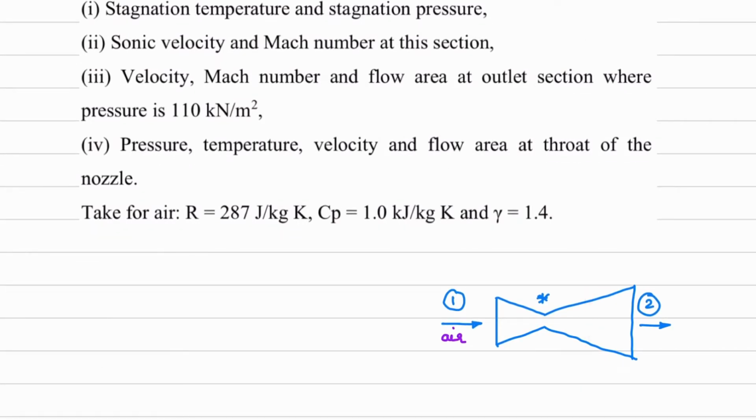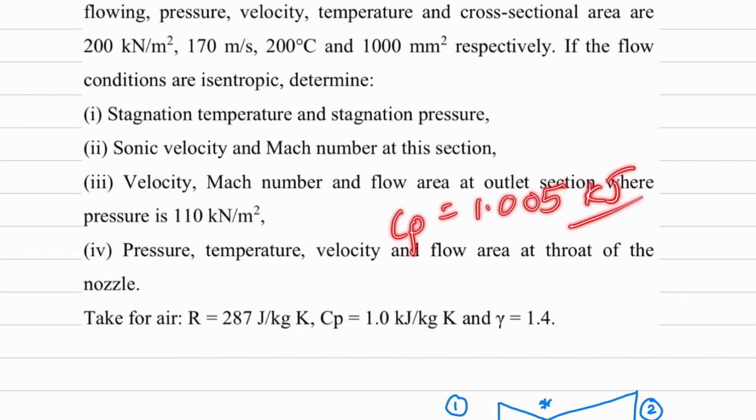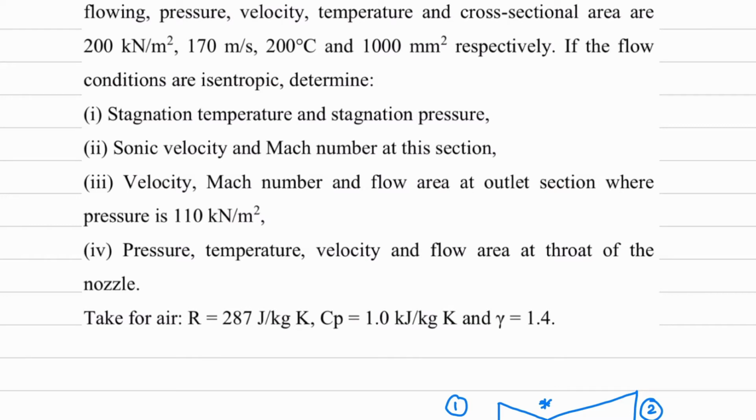So I'll write down the given data. Now what is asked? Determine all these things, and for air the properties are given over here. Now please make a note that whenever certain properties are given in the question, you need to substitute those values only. Usually we use this value: Cp is equal to 1.005 kilojoule per kg Kelvin. But don't assume this value because the Cp value has already been given in the question. And again, I have told you this many times that in case of compressible fluid flow, we use for our unit joule per kg Kelvin. So don't substitute this value as 0.287 in the numerical. So we'll write down the given data now.